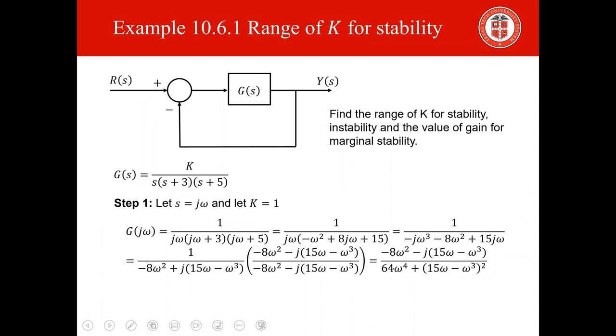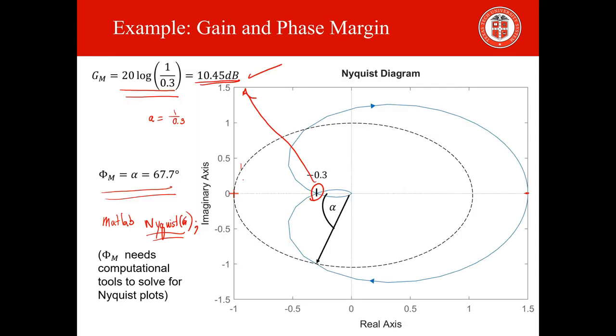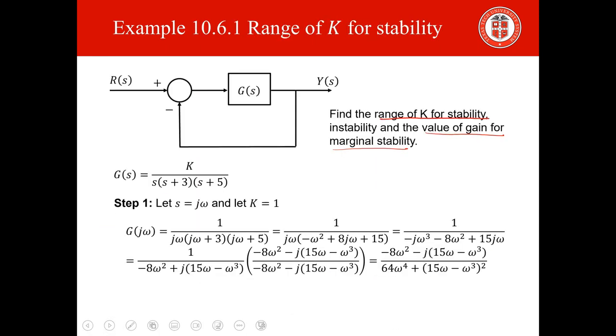So again, we can solve this problem of finding the range of K for stability and the value of the gain for marginal stability. So again, this is our transfer function, G of s is equal to K divided by s times (s plus 3) times (s plus 5). So the first thing we're going to do is just fix s equal to j omega and separate our